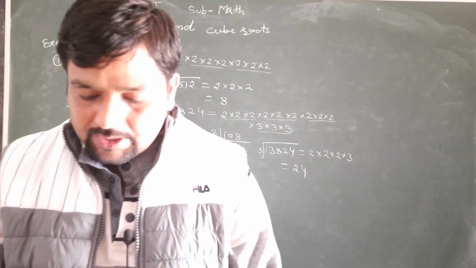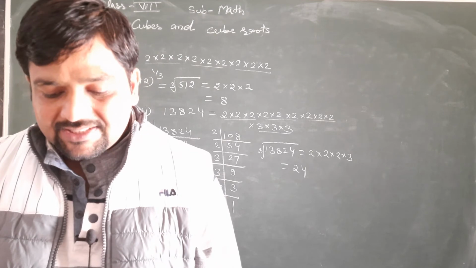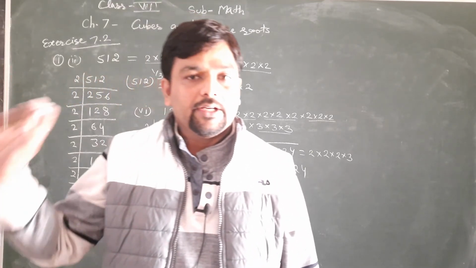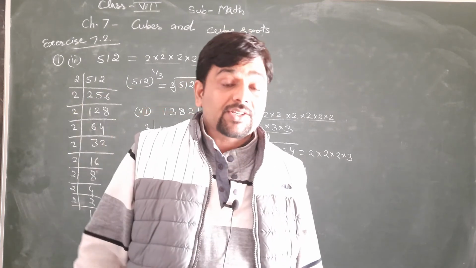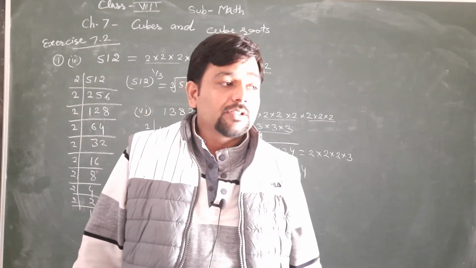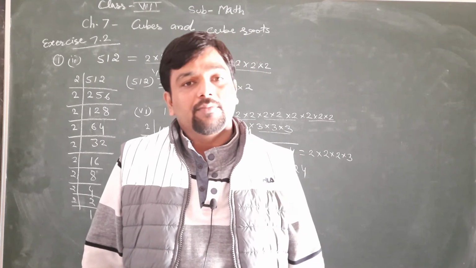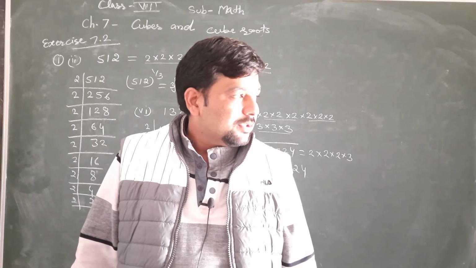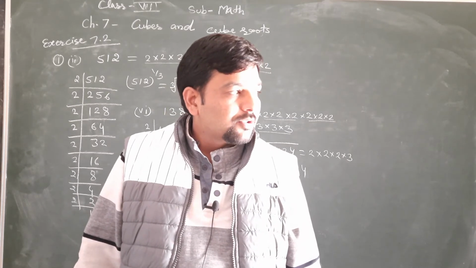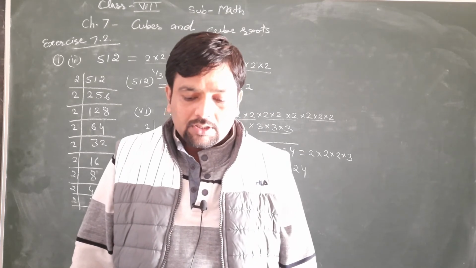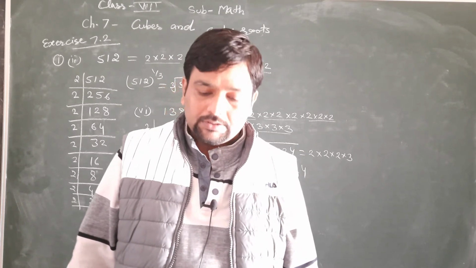The second question is about true false statements. Cube of any odd number is even. No. We already studied in the previous section that if there is an odd number, then the cube of an odd number is also an odd number, and the cube of an even number is also an even number. So it's a false statement. Cube of any odd number is not even, it's odd.